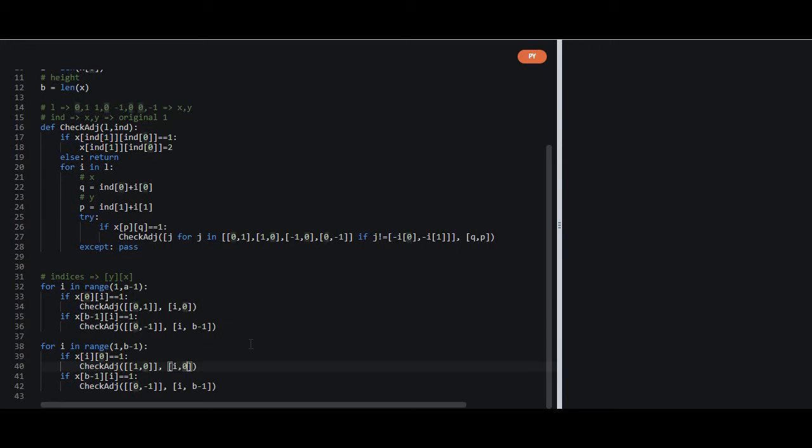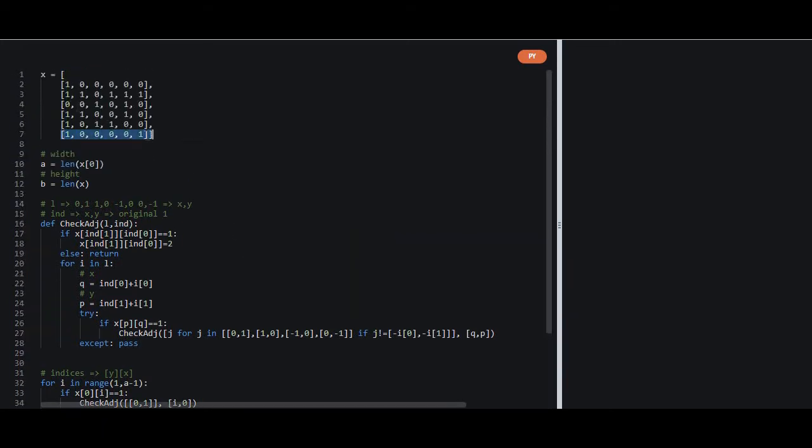And now for this we will provide the x value first and then the y value. And similarly for this one, we will provide the y value first and then the x value. Our x value would be a minus 1 now, because we are talking about the widths.